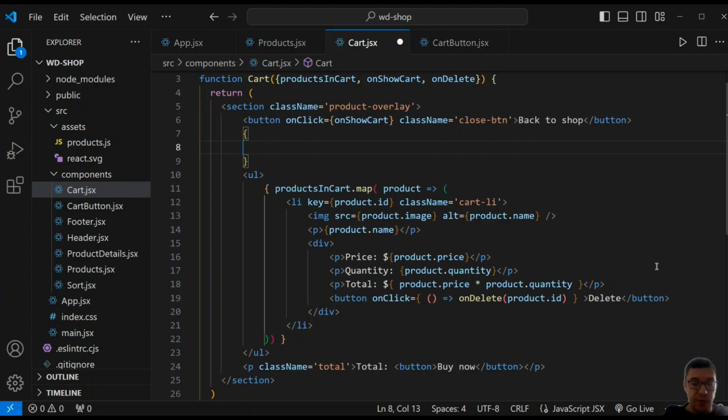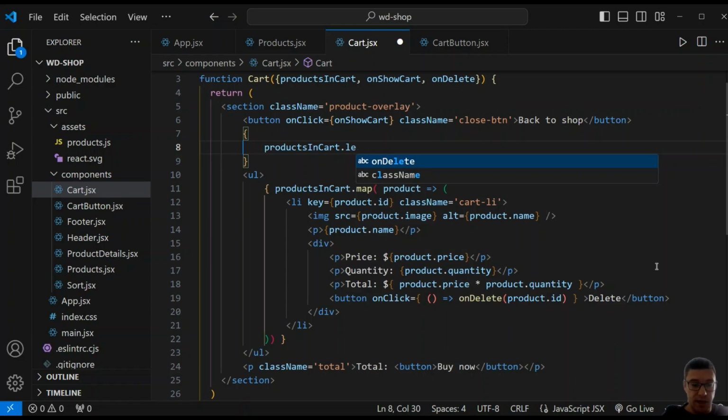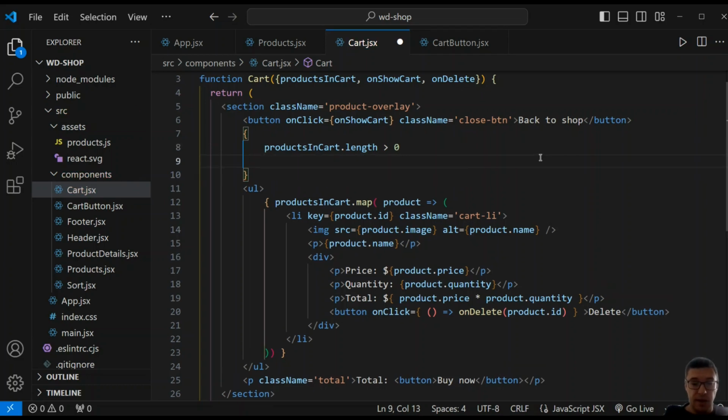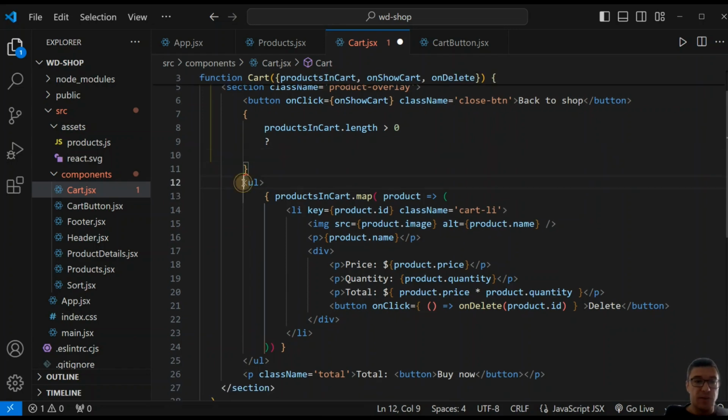So we will check if our products in cart.length is greater than 0, meaning that we have items in our cart. If that's the case, I want to display all of this content. So I will move all of this